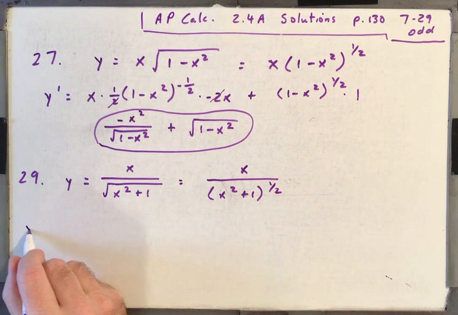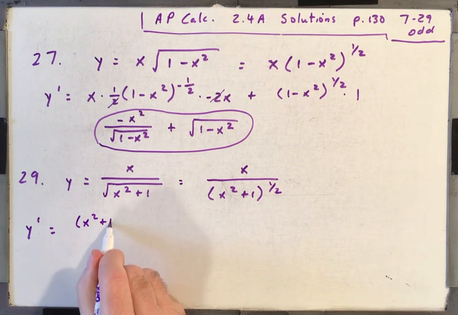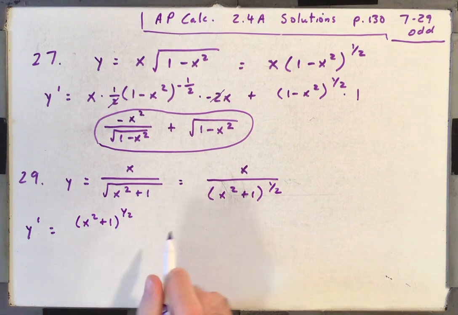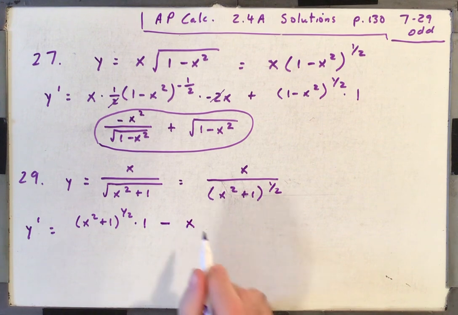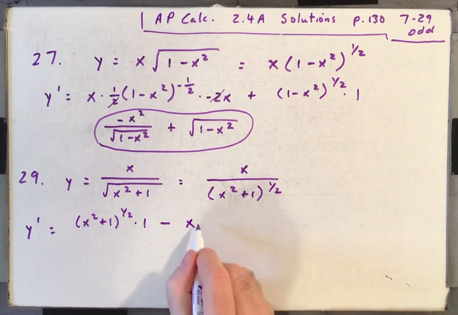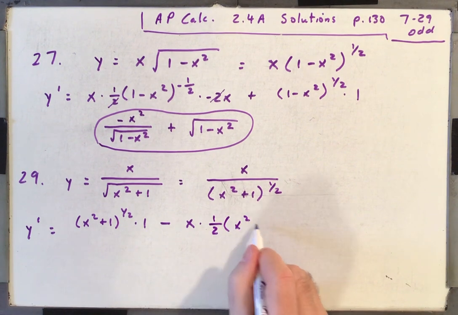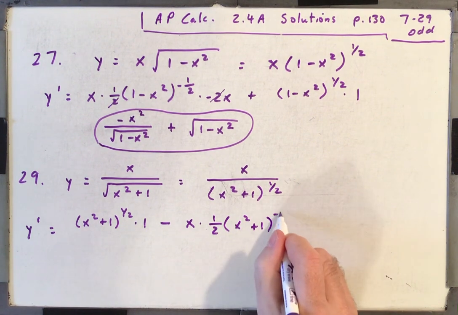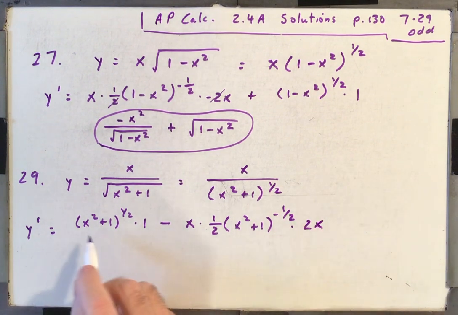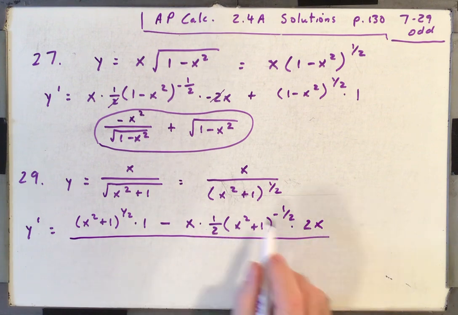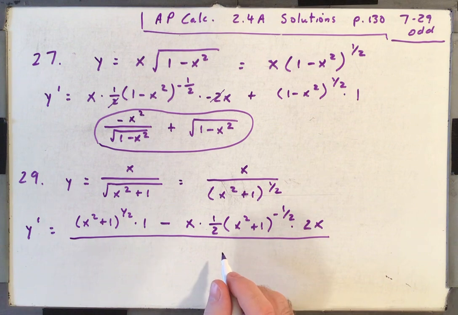So y prime is going to be the bottom, x squared plus 1 to the 1/2, times the derivative of the top, which is just 1, minus the top, x, times the derivative of the bottom, 1/2, times x squared plus 1 to the minus 1/2, times, don't forget, 2x,